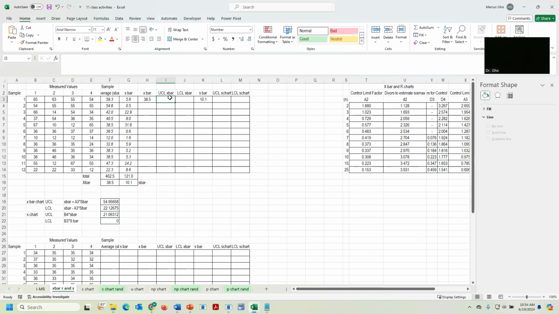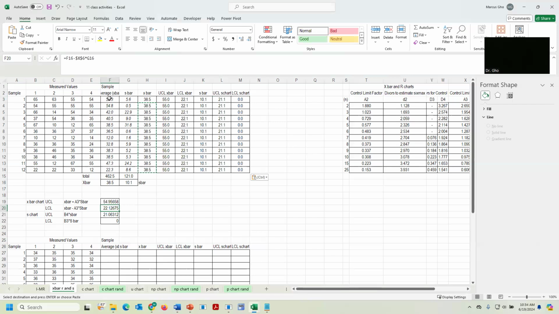Okay, and then I'll just populate this graph up here. Upper control limit X bar, that is this thing right here. Lower control limit X bar, that's this value F20. Upper control limit S chart, that is this value right here. Lower control limit S chart equals, that's going to be 0. Then with each of these, it's just going to be the one right above it. So I'll copy that formula, equals, we want the same value. These just give us the conclusion. These just tell us where we are, if we're in limits or not. And these ones I'm using,